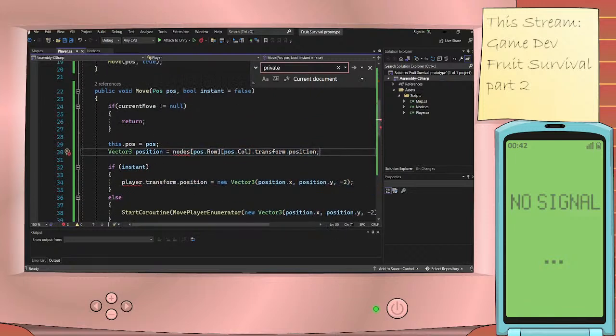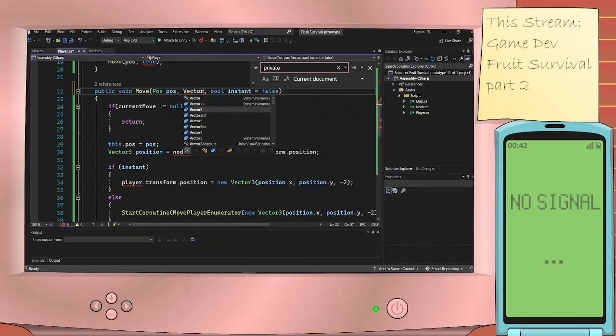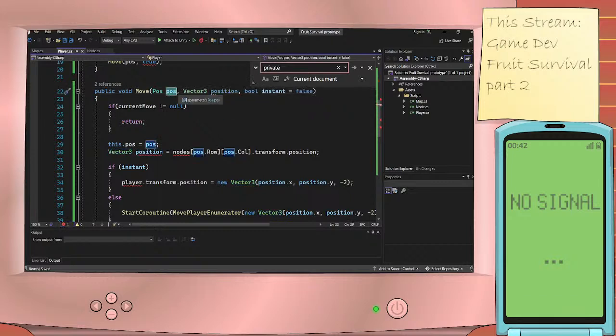Is there a way that I could call the move method in a more efficient manner? The thing is, I used to give it the pose because it was in the map, and I could easily access this transform position, but now, not so much. So maybe I can just give the pose, then the position, and then is it instant and everything. So I can just give like a real vector 3 position, right? I can even write map pose if I want to be clear about it, but no, I'll just say pose, position,